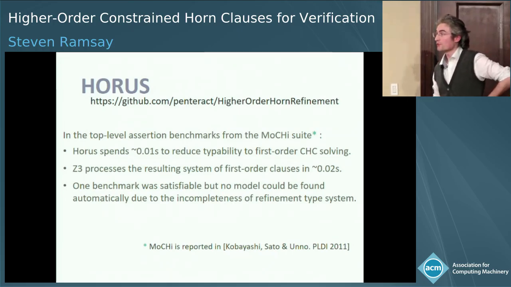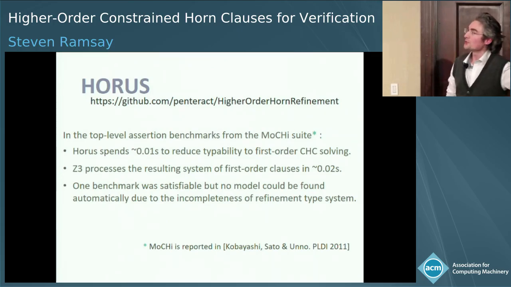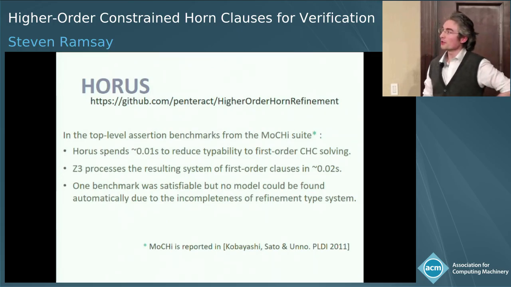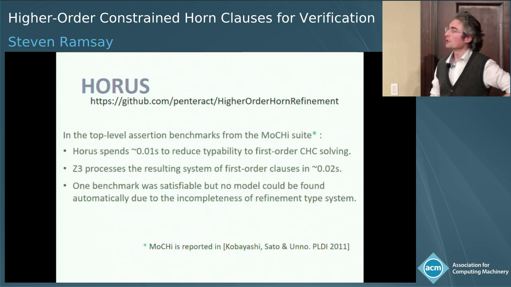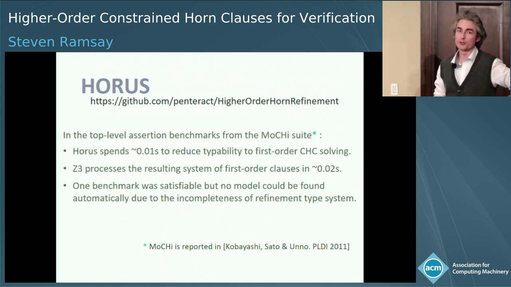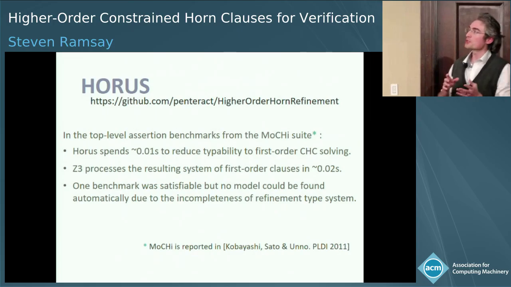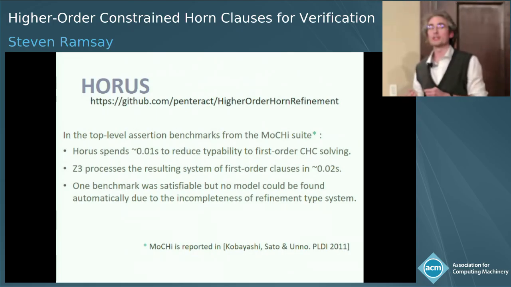So it's called Horus, and it's available from GitHub. And we ran it on a large subset of the benchmarks that come from this paper at the bottom by Kobayashi, Sato, and Ono. This is an influential paper in higher order model checking. We took all the verification instances from that paper and converted them by hand into higher order horn clause problems,